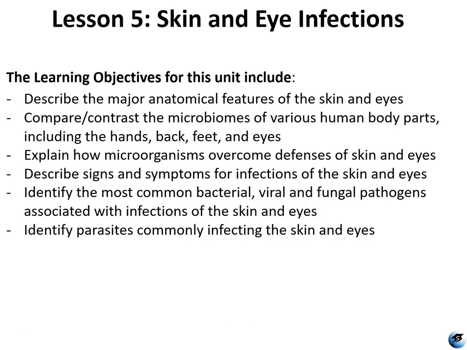The learning objectives for this unit are learning about the major anatomical features of the skin and eyes, comparing and contrasting microbiomes of various body parts, including your hands, back, feet, eyes, and other areas, explaining how microorganisms overcome defenses of the skin and eyes, the signs and symptoms for infections of the skin and eyes, identifying the most common bacterial, viral, and fungal pathogens associated with skin and eye infections, and finally identifying parasites that infect